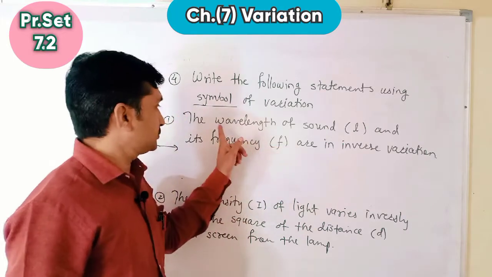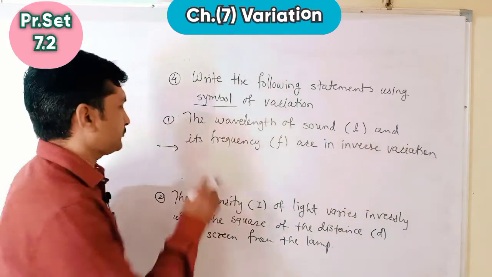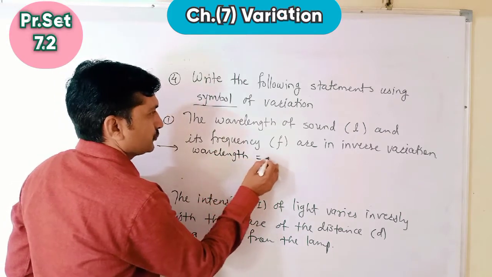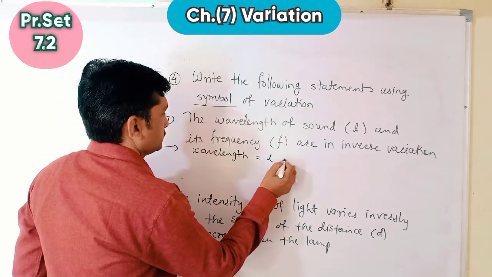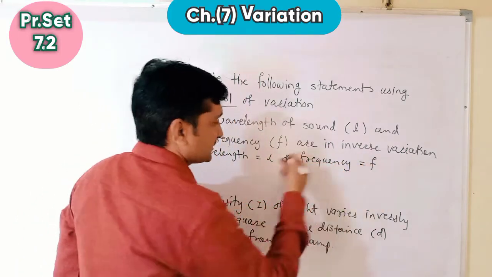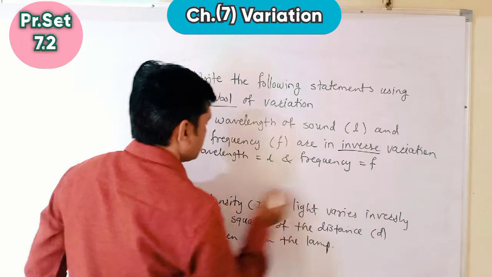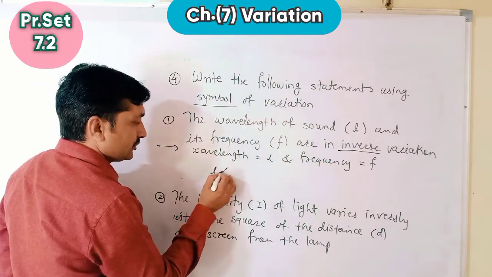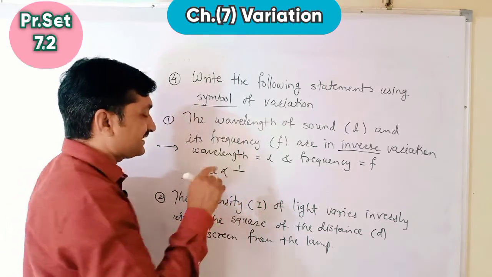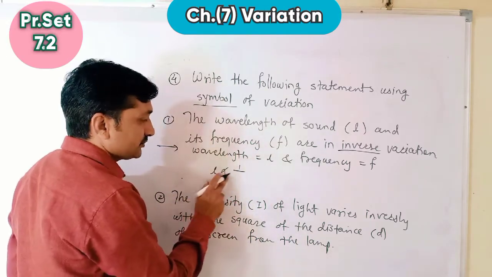The example is given: wavelength of sound L and frequency F are in inverse variation. Therefore here first write, given wavelength is equal to L and frequency is equal to F, because these are the letters used for these words. We have to write that they are in inverse variation. Therefore we can write L is inversely proportional to 1 upon F. When we write inverse, then 1 upon, but we will read it as inversely proportional. We will not say 1 upon, but while writing we will write L is inversely proportional to F